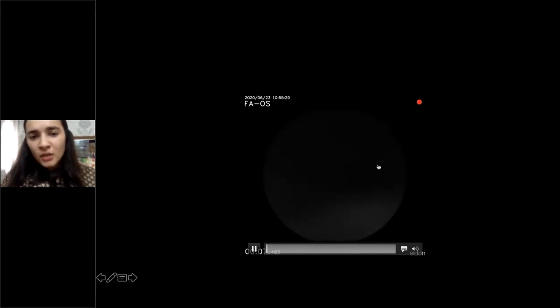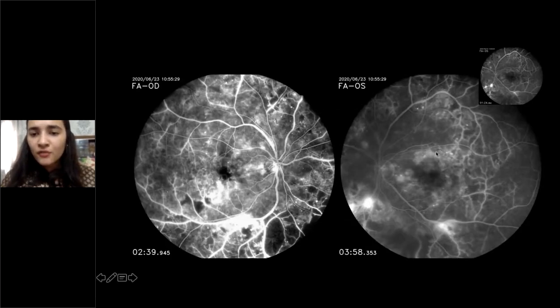Now, when we jump straight onto the late frame, you see a diffuse amount of leakage, which is not explained by those one or two hemorrhages or one or two microaneurysms which we picked up on the early frame. So there is diffuse macular edema. Your management may change. Lasers, unless it's a grid laser, really don't work too well in it. And Ozurdex or an intravitreal steroid injection might be your first choice.